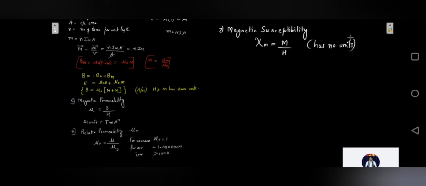Magnetic susceptibility is the ability with which your material is accepting the magnetization. And what is intensity of magnetization? Intensity of magnetization is how well your material is magnetized, like magnetic moment per unit volume. How intense your magnetization is. The number of magnetic moments per unit volume is the definition, and magnetic susceptibility is the ability of a substance to take up the magnetization. Lastly, we are going to see the relation between magnetic permeability and magnetic susceptibility.